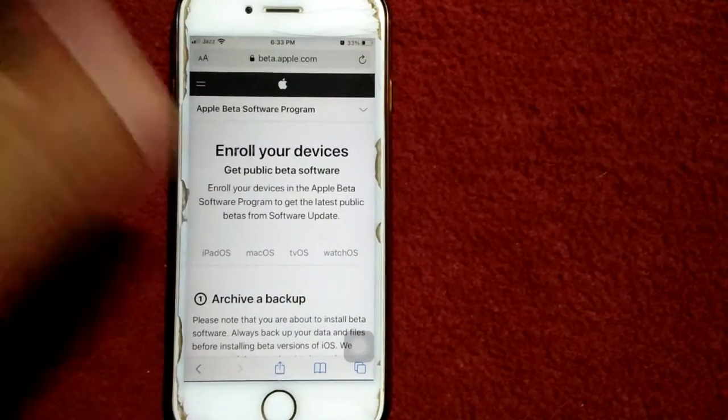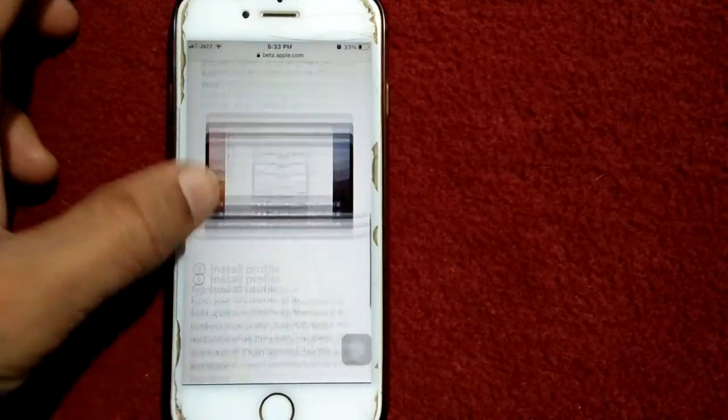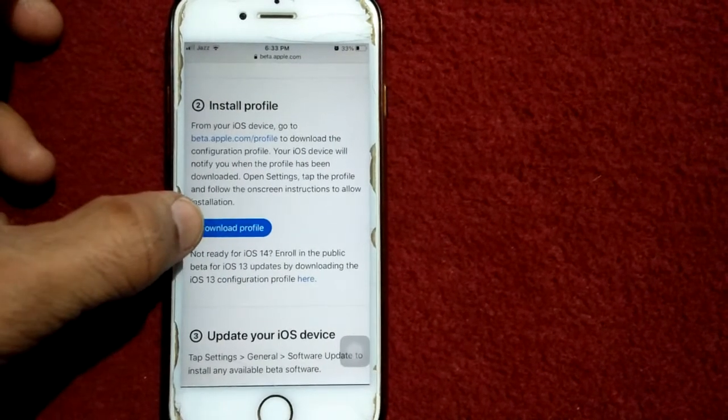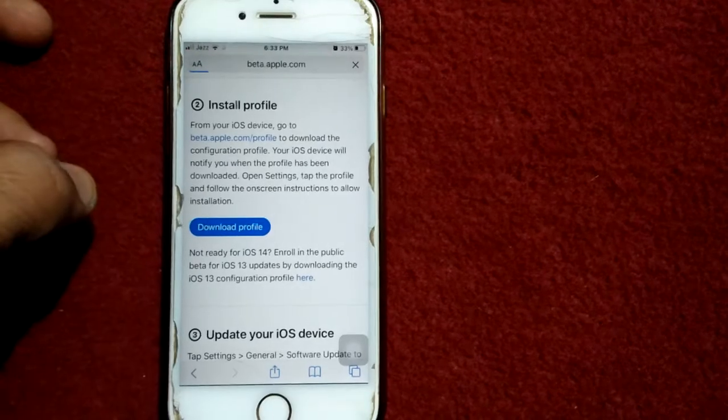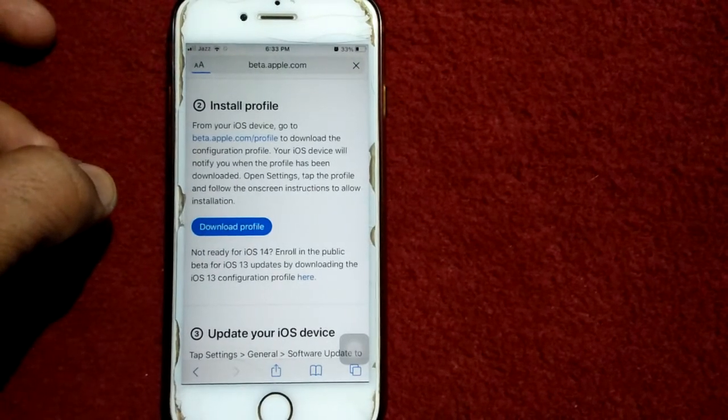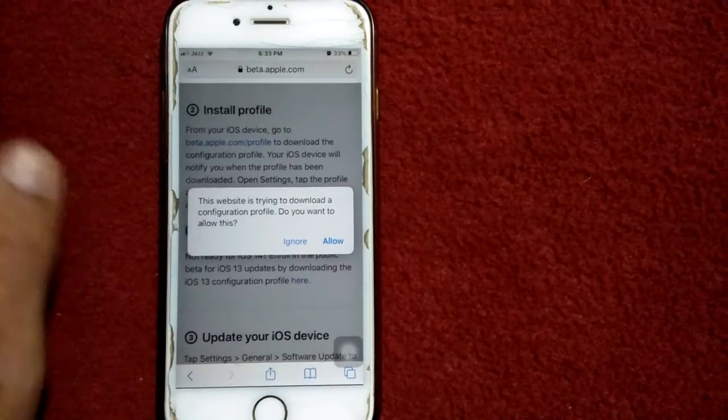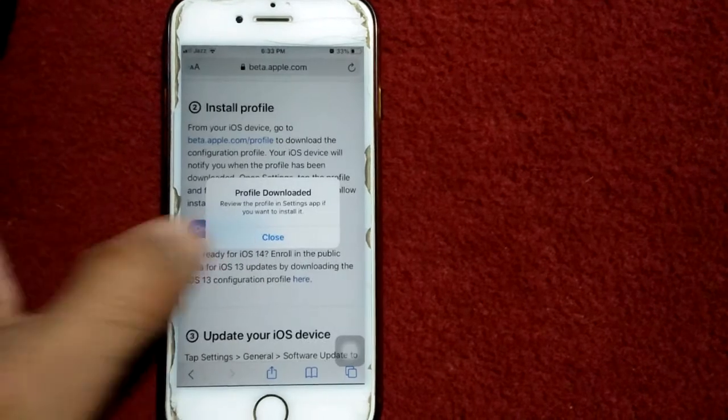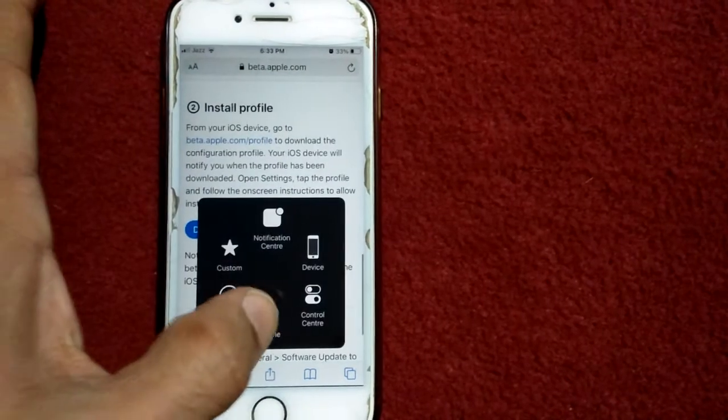On this page, we have to scroll down and tap Download Profile. Then we have to tap on Allow, tap Close. Now go to Settings,